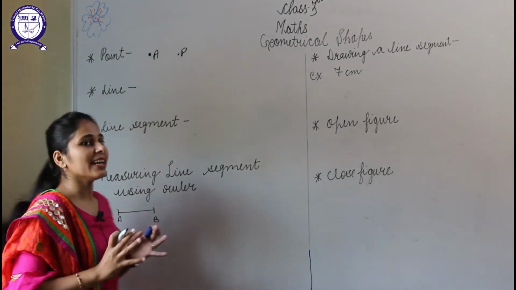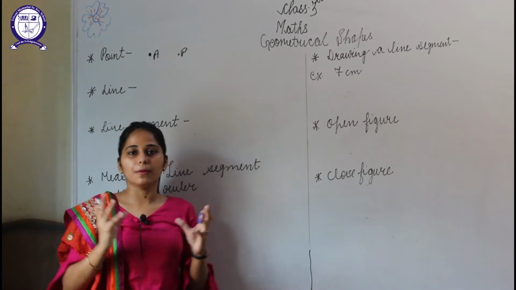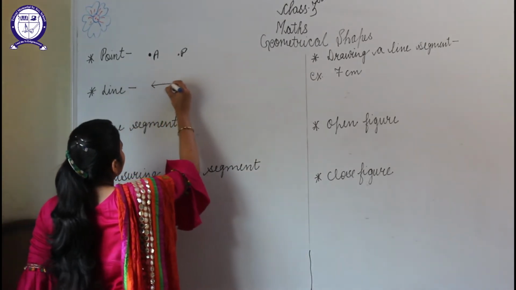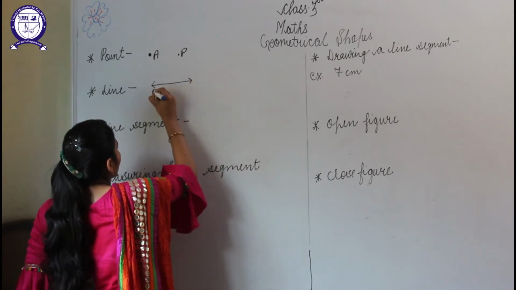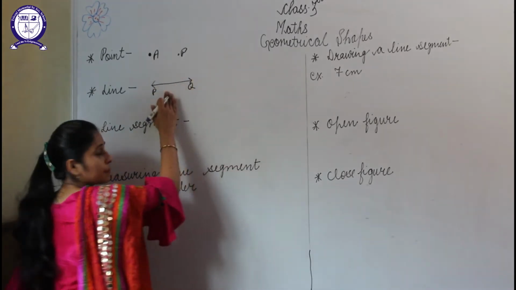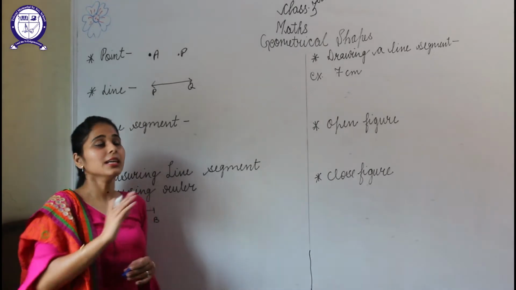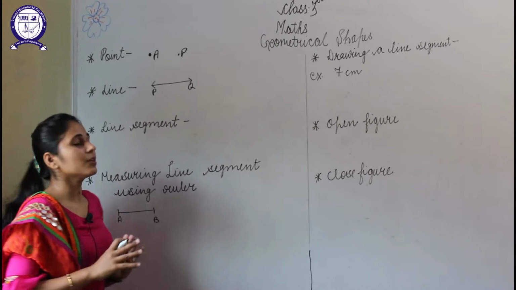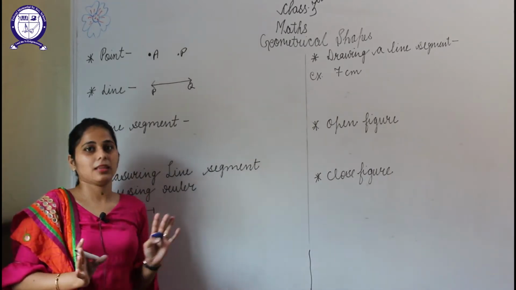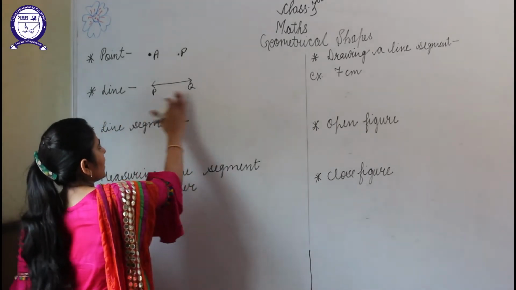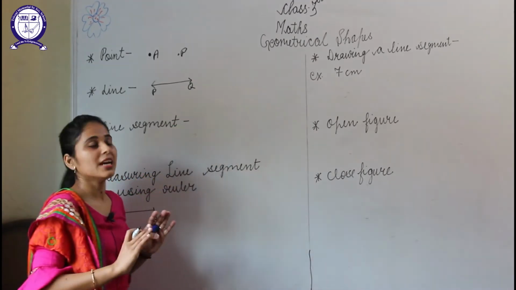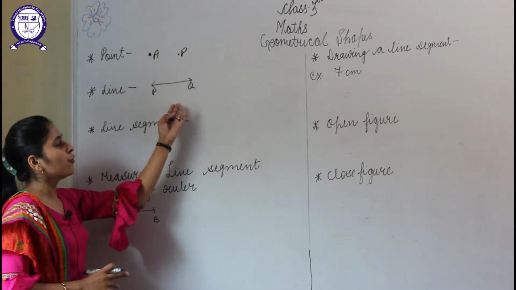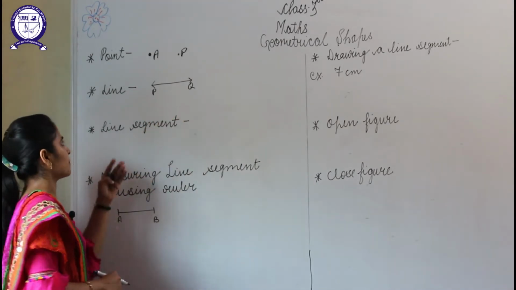Now, line. A line is the combination of many points. Suppose here we have this line PQ. So students, on this PQ so many points are lying that they are joined to form a line. A line does not have any definite length. It can be increased from this side also and this side also, students. It does not have any thickness or breadth. And it helps to form the rectilinear shapes, students.